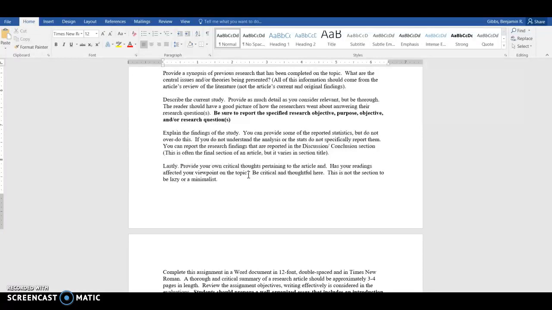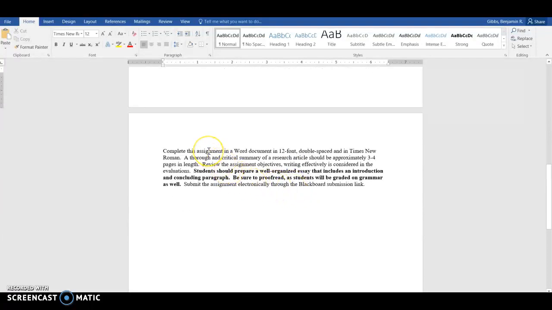As you do this, you are going to have a better understanding of, say, courtroom dynamics or plea bargaining or prosecutorial discretion, or whatever you've chosen. That's what those articles are on. So you're going to be able to integrate the knowledge that you've gained from the text and the PowerPoints into this critical thought section.